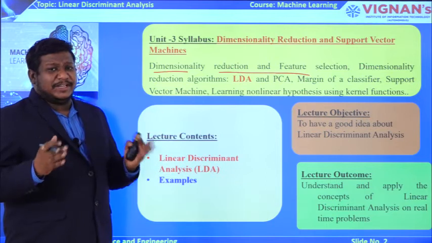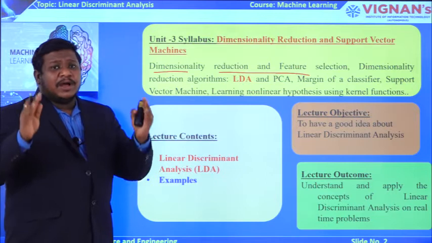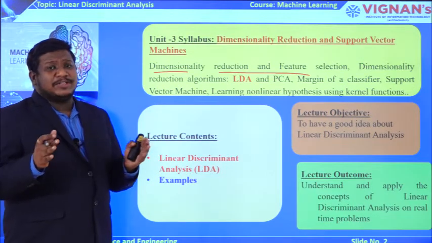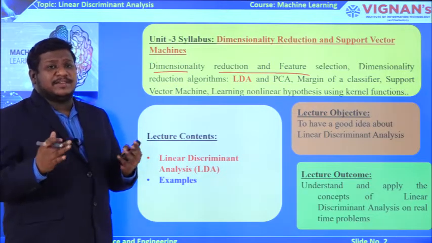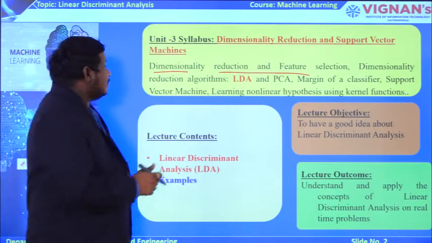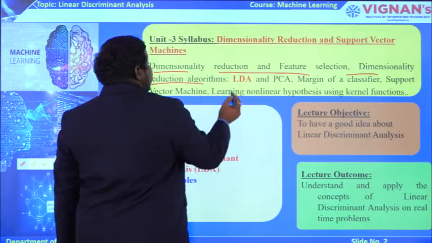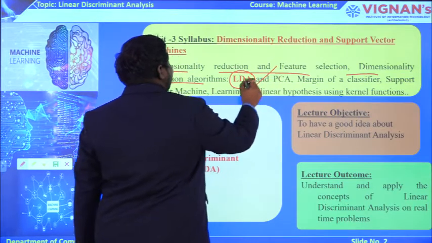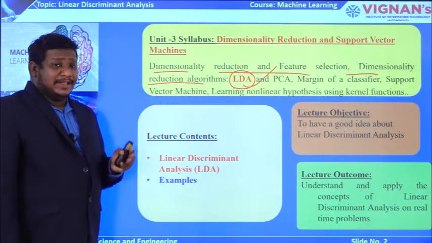We had discussed in detail both feature selection and dimension reduction. There we had seen how the dimension can be reduced without compromising the quality of the model or the quality of the data set, which we are using further for processing of the model. So today, coming to this extension of those dimensionality reduction algorithms, we are going to discuss another important technique, linear discriminant analysis, which can be called shortly LDA.